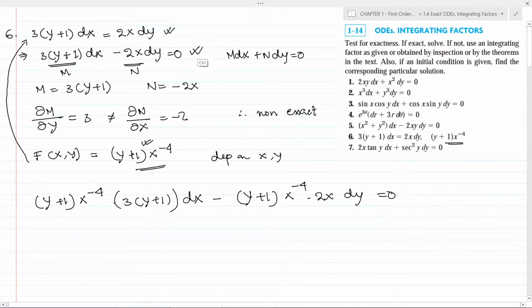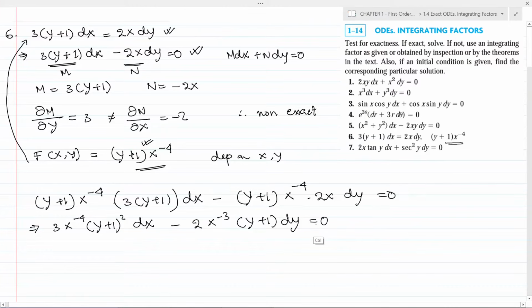We have multiplied this form of the differential equation on both sides with f. We will simplify this a little bit and we can write 3 x to the power minus 4 into (y+1) whole square dx minus 2 x to the power minus 3 into (y+1) dy